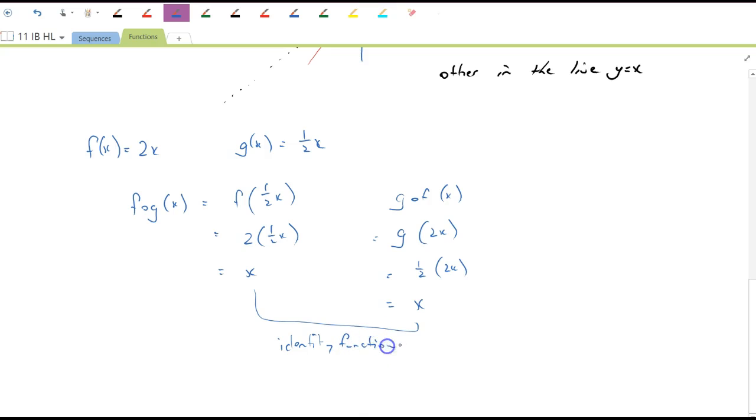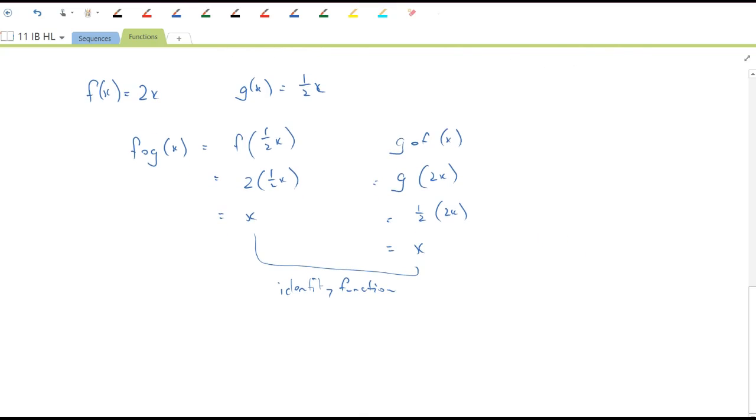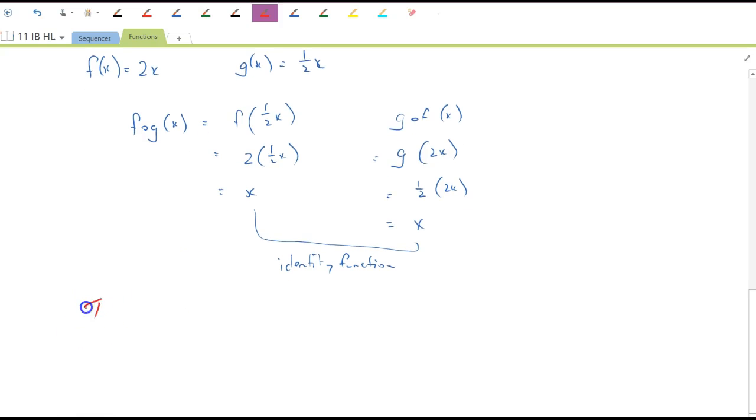So we can define our inverse function as being two functions, they're inverses of each other if their composition results in the identity function. So let's just write that out. Two functions